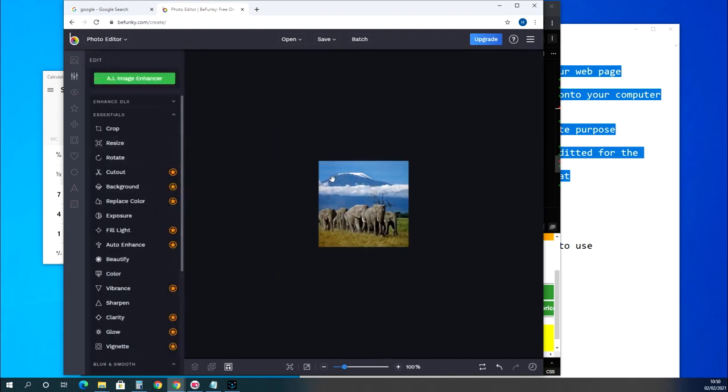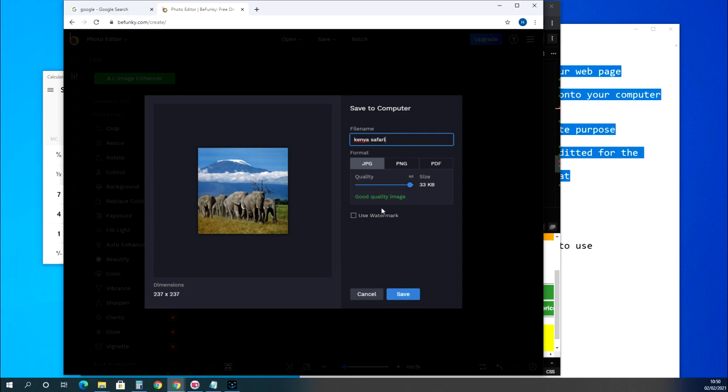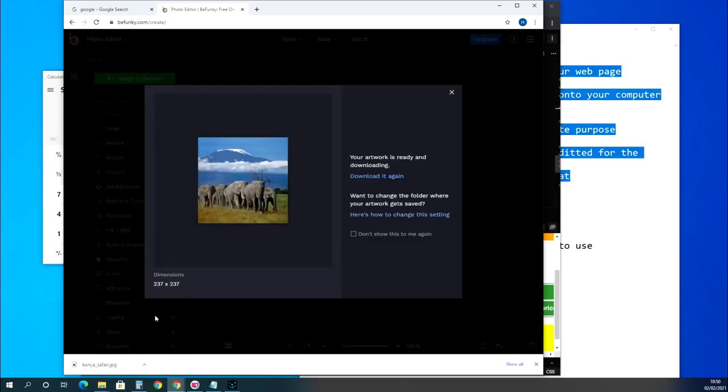So the picture size has been resized, and then what you have to do is save to computer. Now never save the picture as the same name, so we already got the original one. This is going to be our edited picture, so if anything happens we still got the original. So this one is going to become Kenya underscore Safari, and I'm going to leave it as JPG. If you want to change to PNG, it's up to you. Okay, so whichever quality you find, just click on it, and once it's downloaded,